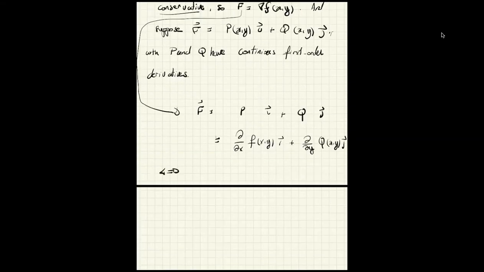Which means that p is equal to dx fxy and q is equal to dy fxy. Because these functions have continuous first order derivatives,